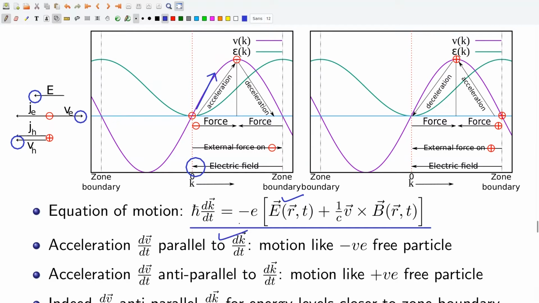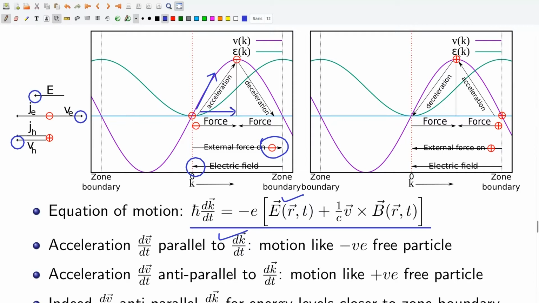This is exactly what you would expect for a negatively charged free particle accelerating in the direction of the external force. This is the direction of external force on a negatively charged particle, which is the same as the direction of acceleration